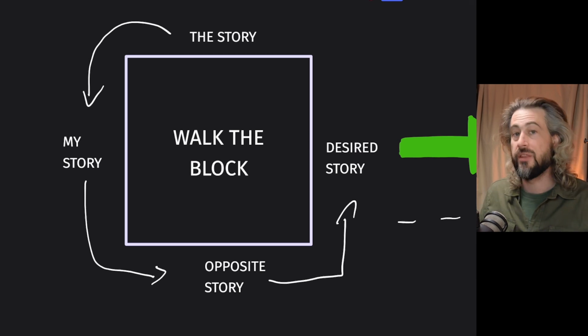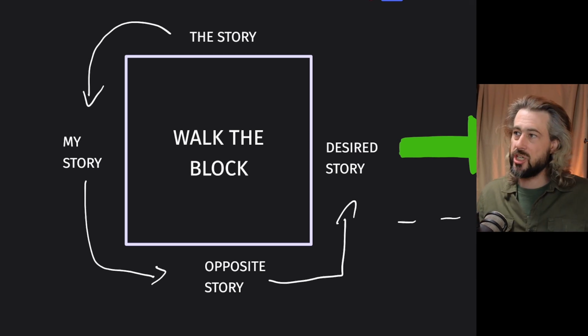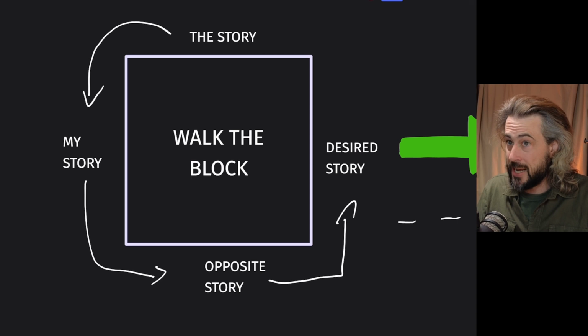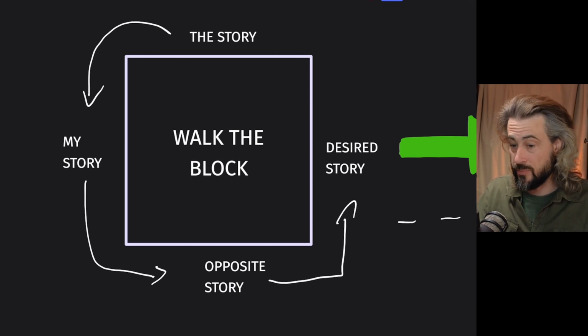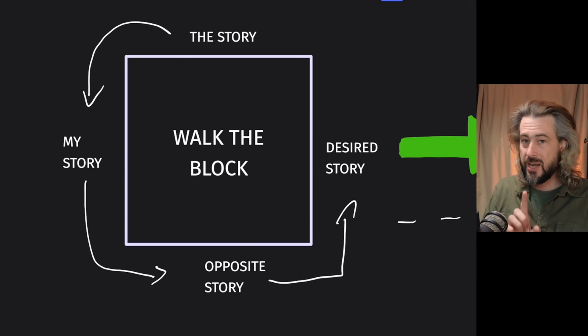So once you've written out your story and all the feelings associated with your story, we move over to the opposite story. In the opposite story, we have to consider everything I just said. What if that was wrong and this opposite version is true, right? So I want you to consider what would it be like if the opposite version was the truth. Once you write that down, come up with a whole new perspective on this,